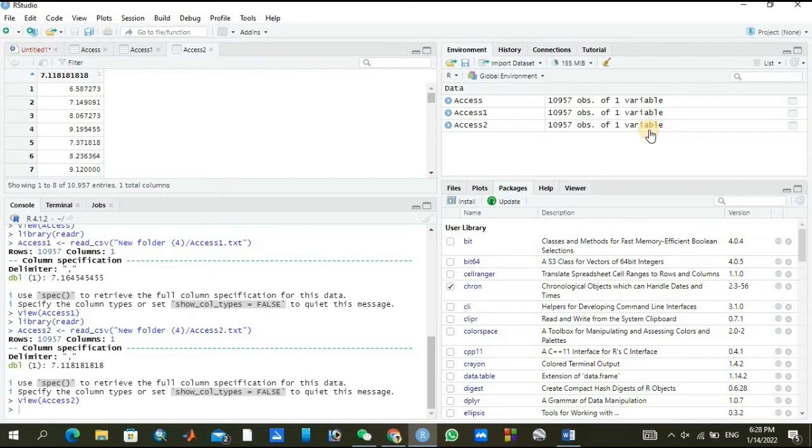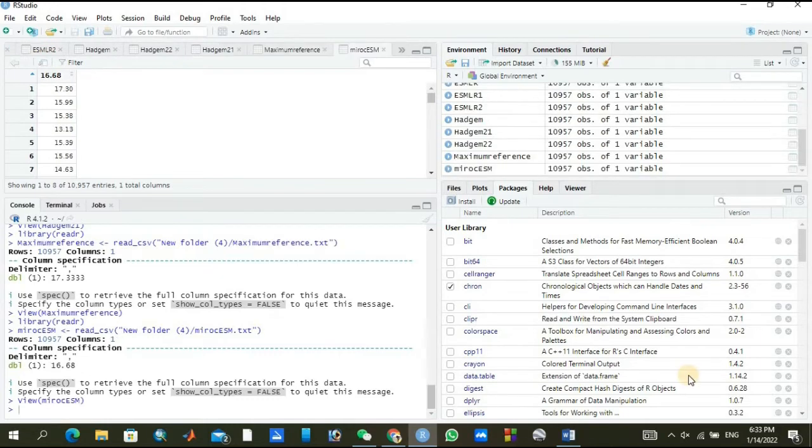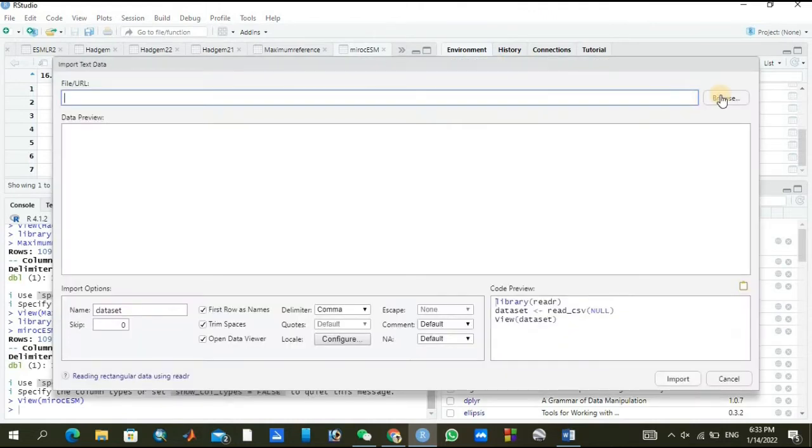Similarly we need to upload all our data sets one by one. It will take some time, so I am pausing this video, and I will upload all the data sets and continue later. I have almost uploaded all the data sets, just 2 remaining.